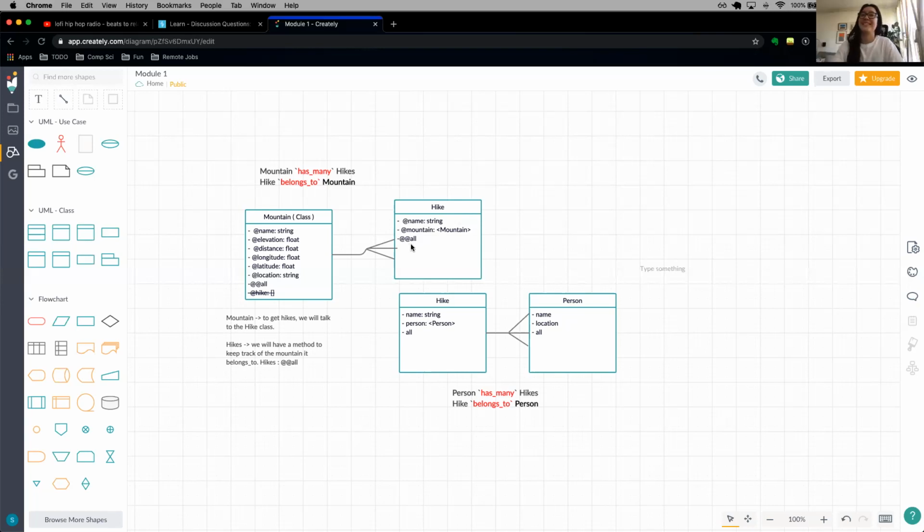Okay, thank you. So in the method, if you did hikes.all, it would also store that mountain data. Yep, exactly, because of this line here. At this moment, this is the only line that's connecting